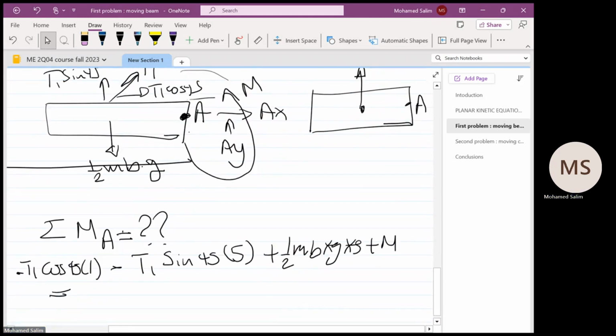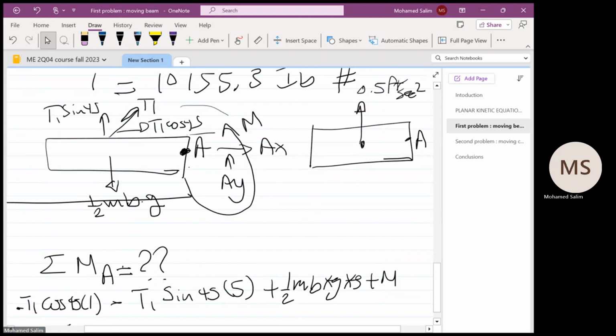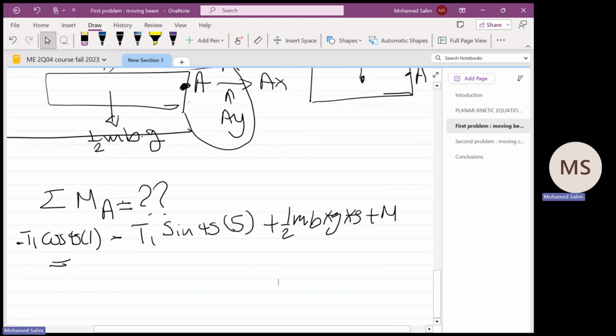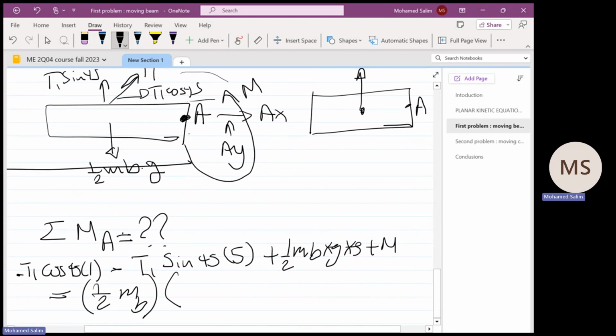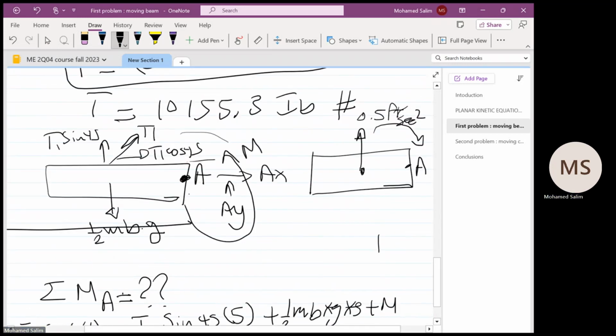Equal what? The kinetic moments, which represent the moment due to the total force, which represents half m of beam times what? Times acceleration times 5. And is its moment negative or positive? Negative or positive? According to our rule, counterclockwise is positive, clockwise is a